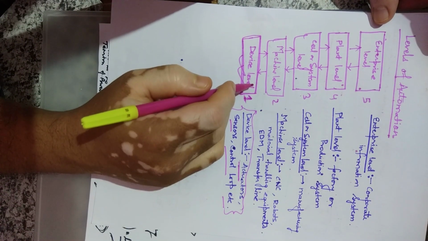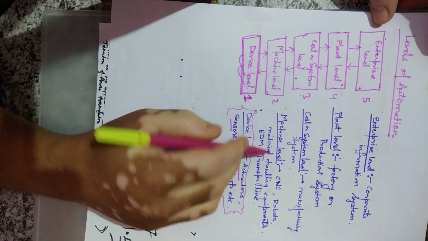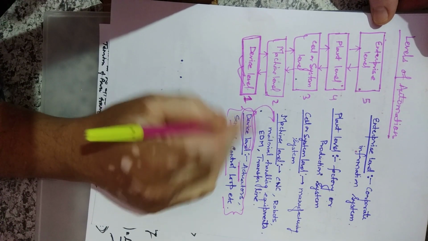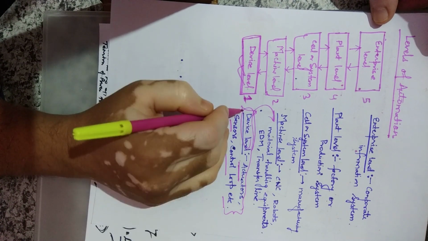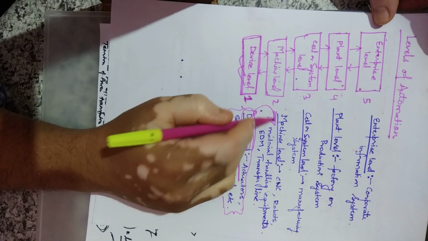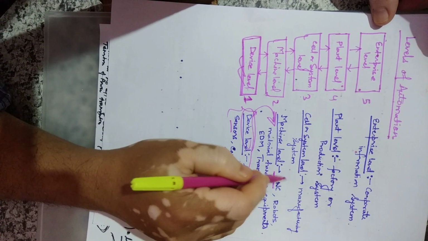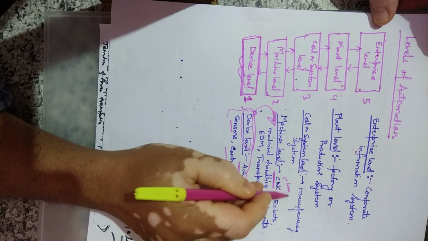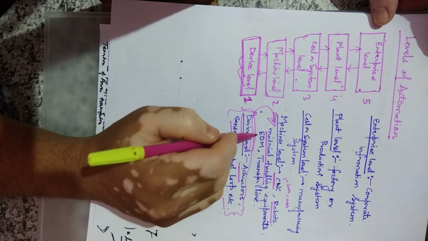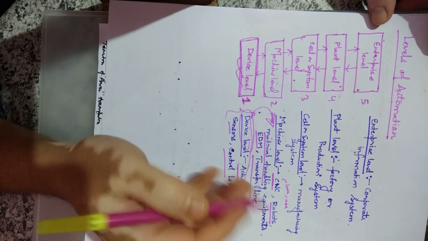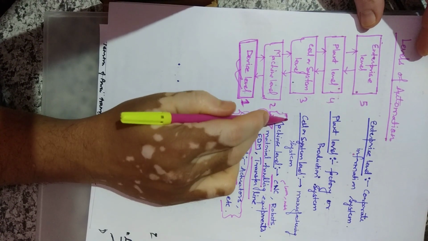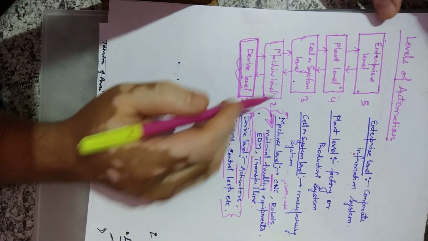Now when we switch to the machine level, level number 2, a set of devices makes a machine. When we study devices only, it is level 1. When we study the machine level, the set of device level makes a machine: CNC, whether lathe or milling, robots, material handling equipment, transfer line, and many others. So when we study the machine level, it is automation level number 2.